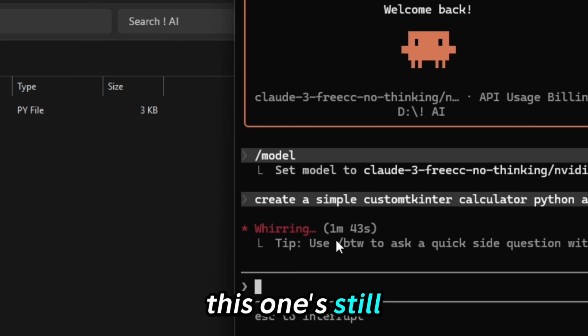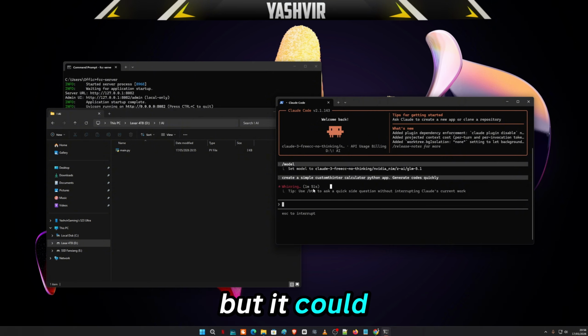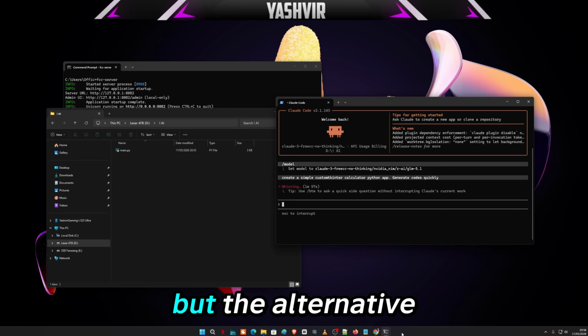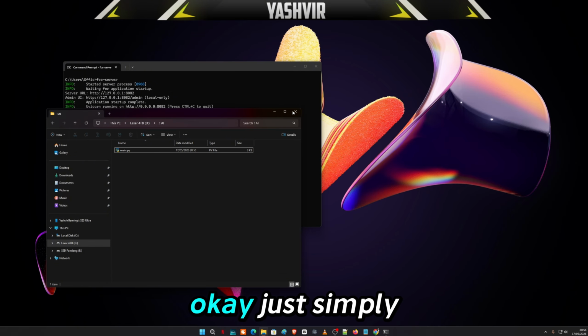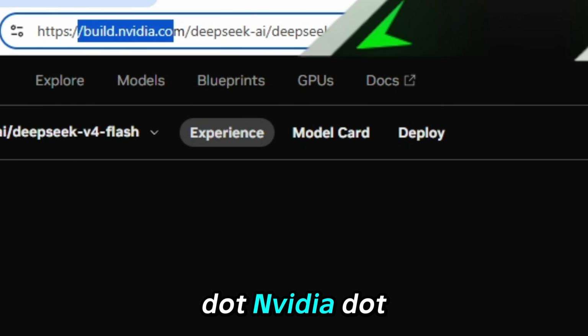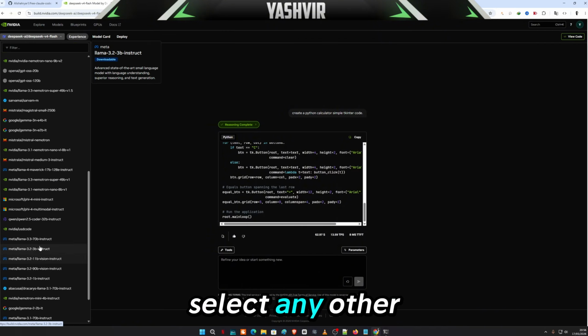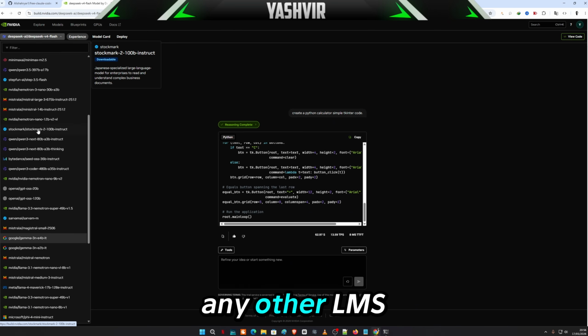This one is still working, it's still thinking, even though I said generate code quickly, but as I said guys, this Claude Code could take about 5 to 6 minutes. But the alternative way, if you don't want to use this, okay, just simply use build.nvidia.com. Then just click this and select any other AI models, any other LLMs like